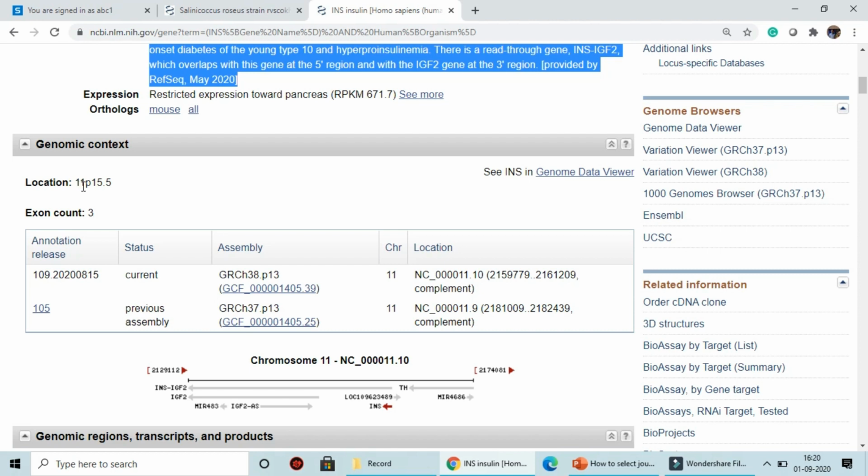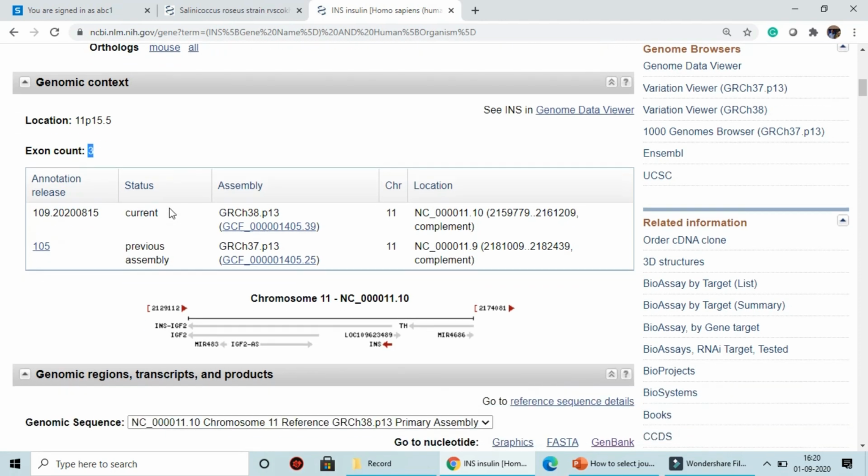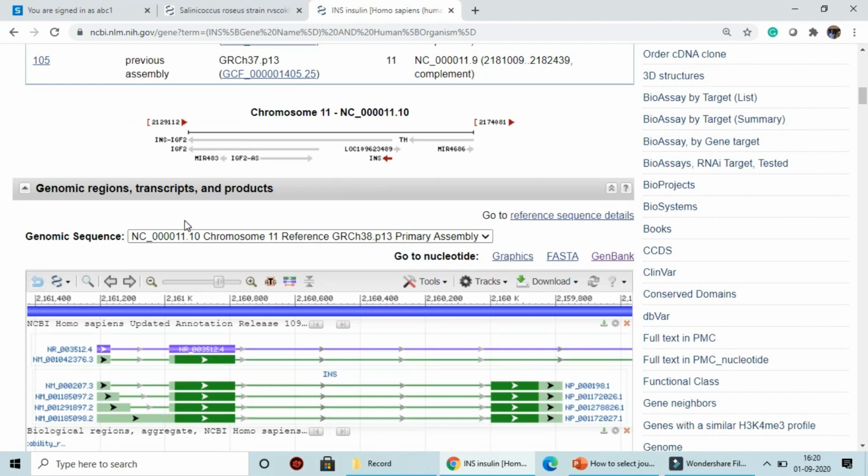The location of this gene is chromosome number 11, at the p arm, band 15.5, and the total number of exons is 3. If I want to see more detail, I can click on GenBank so that I can get the sequence of this particular gene.